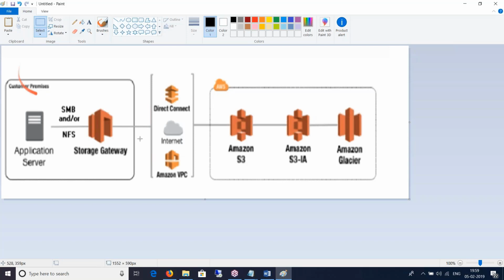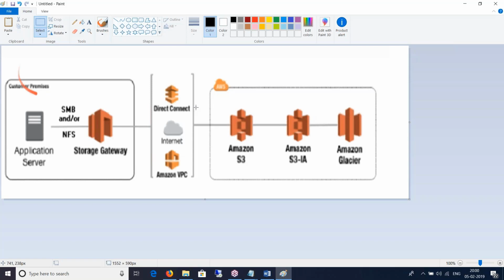Now this data transfer can happen over the internet. And if you do not want this to happen over the internet, you can have VPNs, or you can use something called Direct Connect, which will give you an encrypted connection with higher bandwidths. VPNs are known for their notorious bandwidth. They're pretty bad in bandwidth, so application owners will cry about it if you have VPN. So we'll have Direct Connect, which will give you up to 10 Gbps of bandwidth, which is massive.